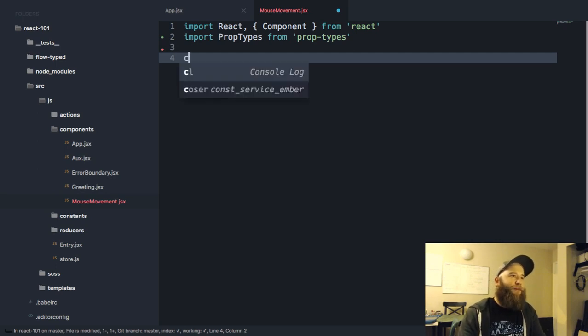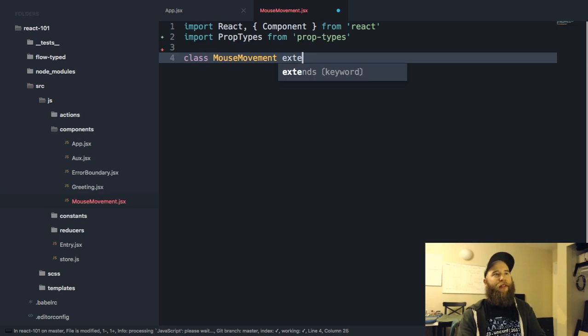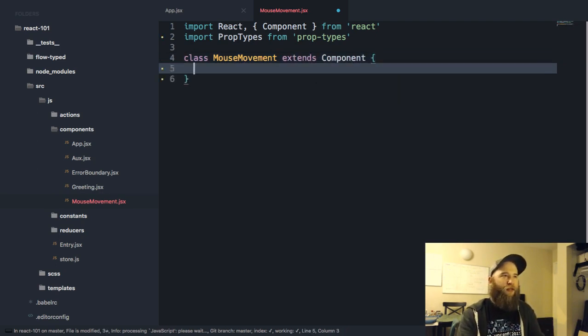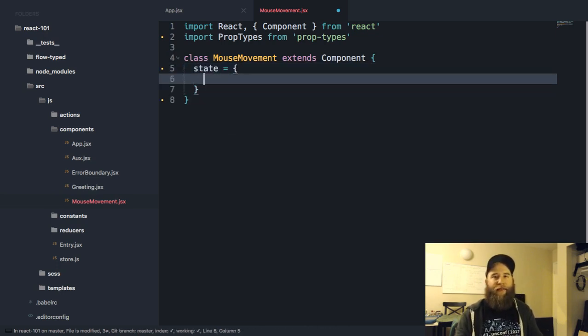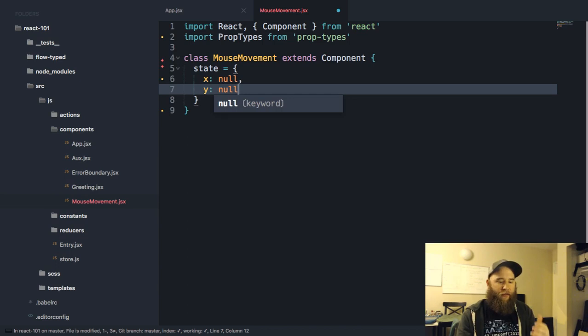All right, let's make our mouse movement component. By now, y'all know I'm going to extend the component. We're going to use the transform class property stuff, so you'll see me doing less of the specific methods. Instead, I'll do more of this equals and arrow function stuff. But what we want to just basically track is an X, we'll set it to null, and a Y. These will be the coordinates of our...